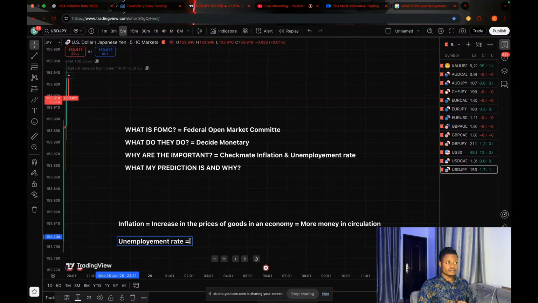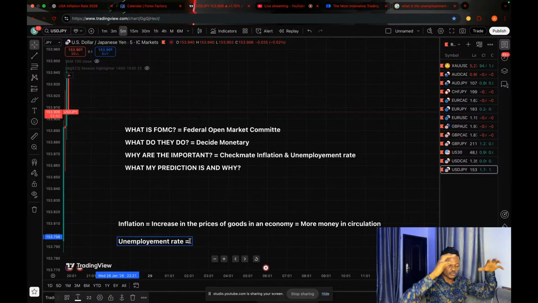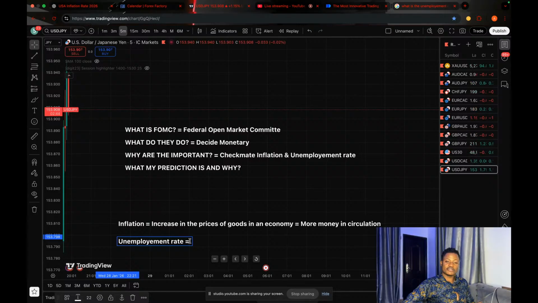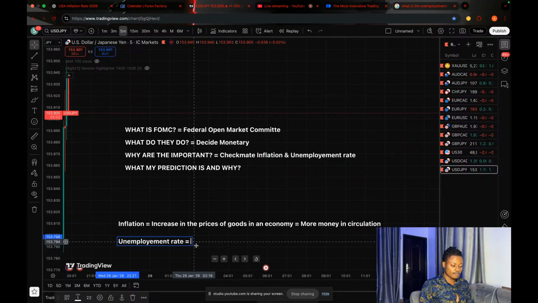Now, if we have a high unemployment rate, that means a lot of persons are not employed. That means these people are not going to be making money, and if they are not making money, they're not going to have money to spend. And if they don't have money to spend, inflation is going to be lower. But if a lot of our citizens have jobs and are earning money, more money is going to be in circulation. People will be buying cars, people will be buying a lot of things because there's so much money in circulation. So if the unemployment rate is low,